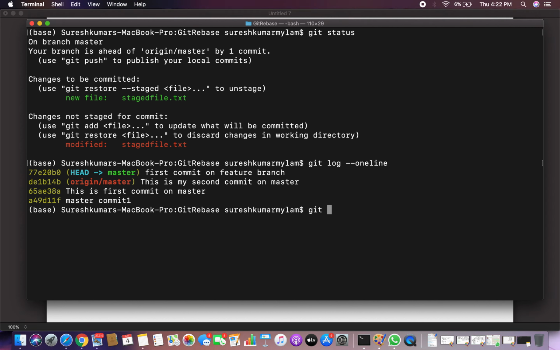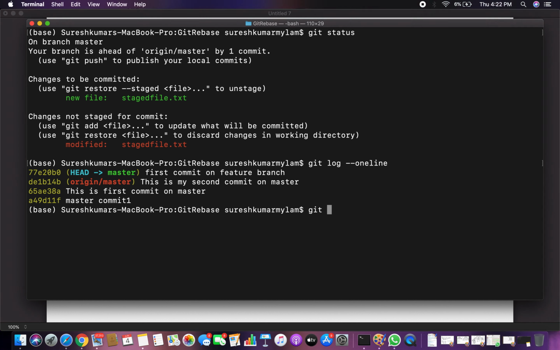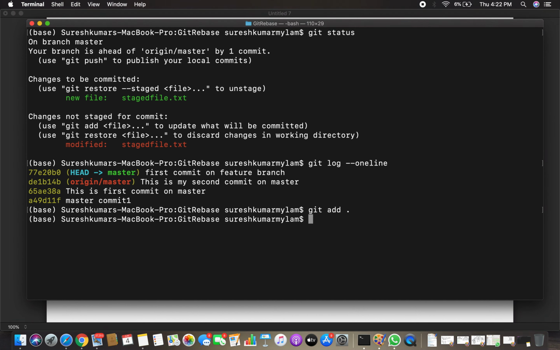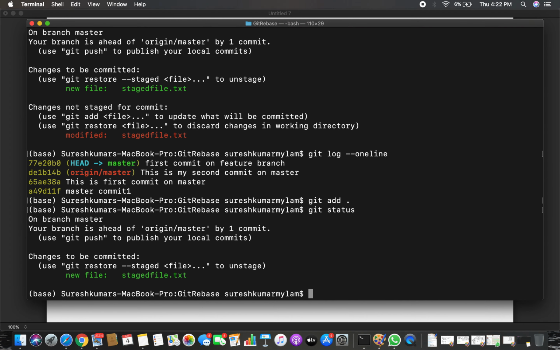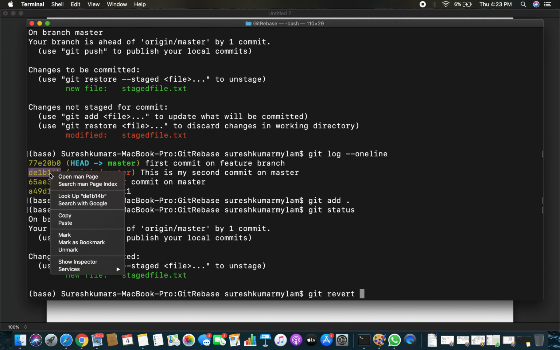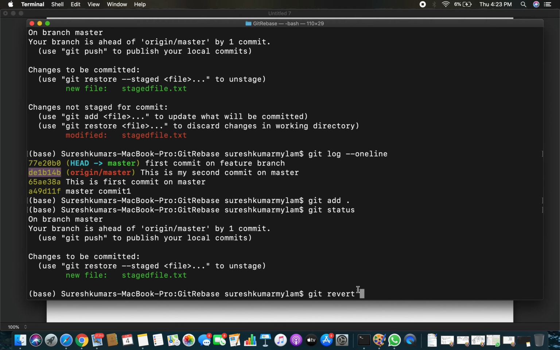Let me commit all the changes which I made in the local and the stage. git add *. Now I added everything into the stage, and let me commit them also, because if I have something in my stage or in my local, the revert will not allow me to make changes; the revert will fail. Let's just give it a try. Before I make the commit, git revert, and let me revert it to this 4b commit.